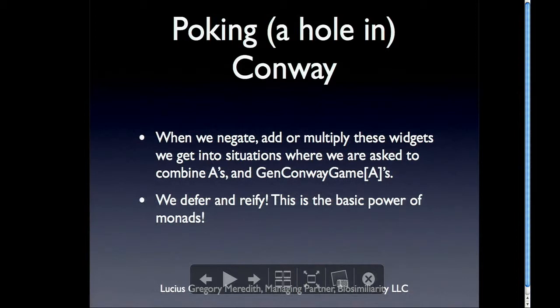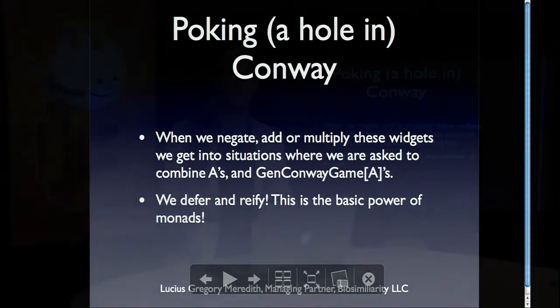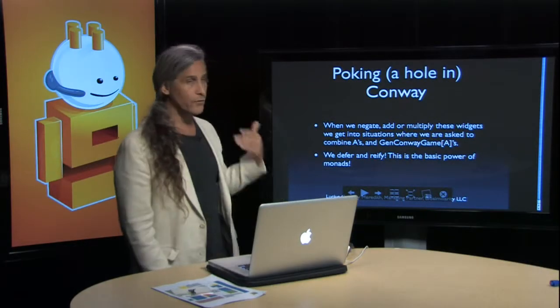And that is also a monad. That's what monads are all about: deferring and reifying computation. So we just make up some syntax. We just capture the syntax. I promise you I will add these two later. Right? And then we let some other calculator define for us what that addition means, based upon further information it